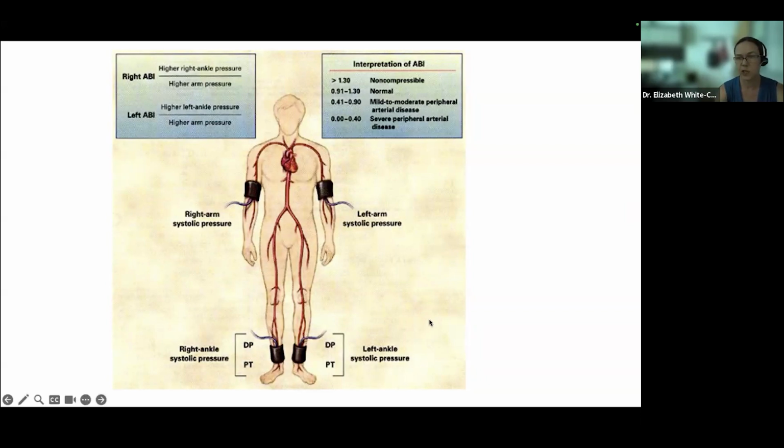And then, as she mentioned before, the highest risk factors for having non-compressible arteries, or medial arterial calcinosis and stiffening of those arteries, are primarily diabetes and age, which, I don't know about you, but those are all of my patients. So I will have people who have non-compressible arteries, and we'll still try to do maybe just some low compression, assuming they're not showing other evidence of ischemic disease, and then probably do a referral to a vascular center if there's not any wound healing and the wound is stalled.